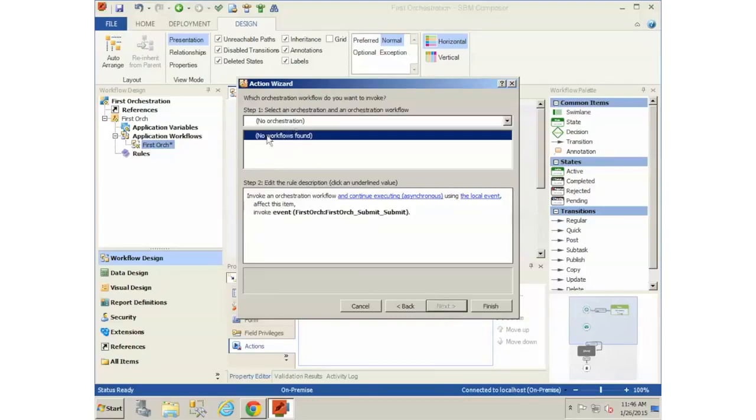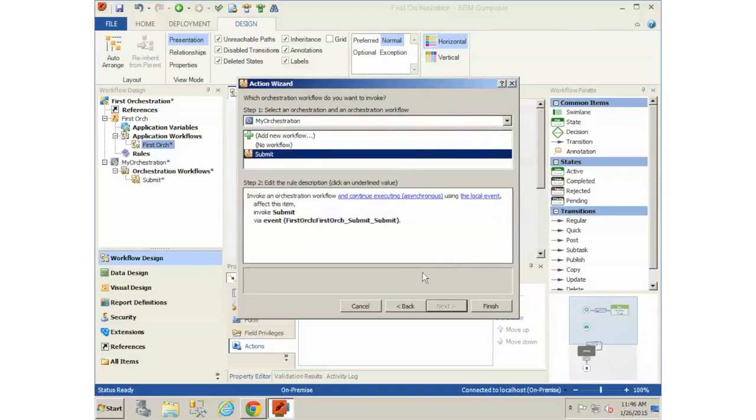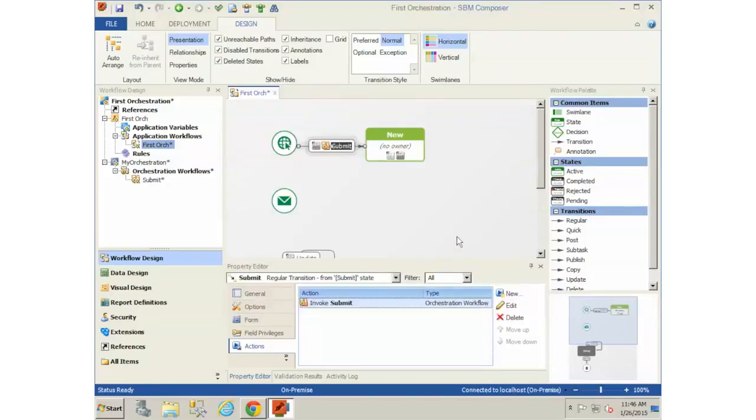So this part right now we don't have any orchestration workflows, so we just click new and create a new one. We'll just call it my orchestration. Alright, and so what that does is, you'll notice right here, it created this orchestration for you called submit. It just basically uses the transition name. You can change it later if you want. So now with that done, all that's going to happen is when somebody submits something, it's going to run this orchestration. So now if we click on the orchestration workflow,